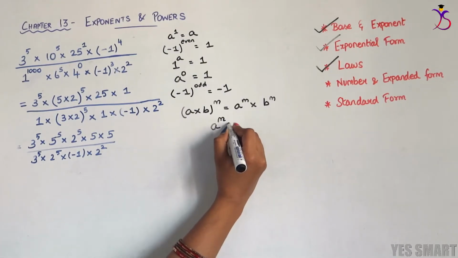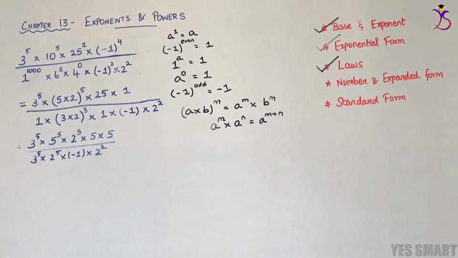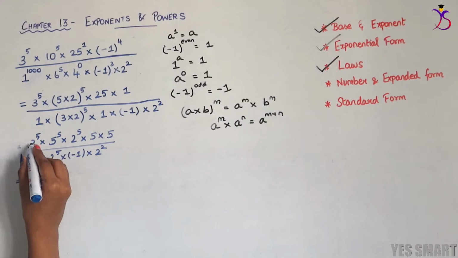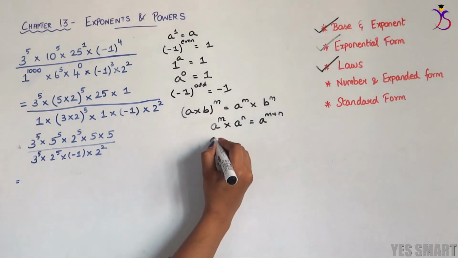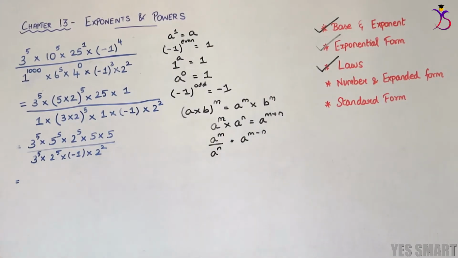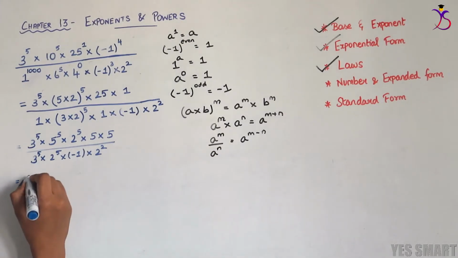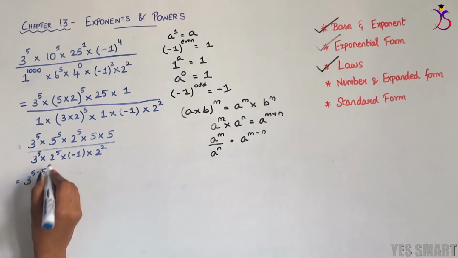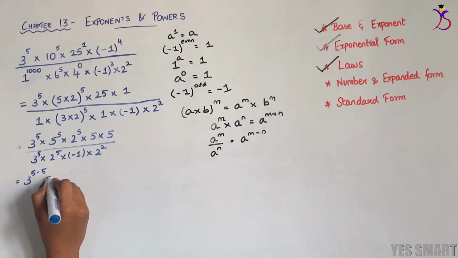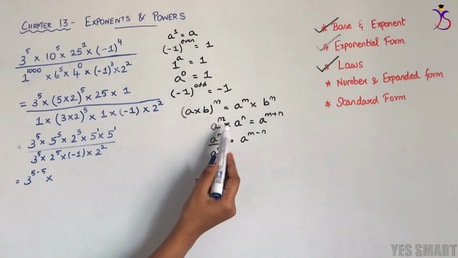A power m into a power n equal to a power m plus n. Now we have many same bases, so let's club it together. Similarly, we knew a quotient rule, which is a power m by a power n equal to a power m minus n. When we have same base in the numerator and denominator, we can subtract their powers. Now let's solve. The first term we have 3 power 5 in the numerator, even in the denominator we have 3 power 5. So let's subtract the power, hence 3 power 5 minus 5, into here if there is no power, it means that 1 is the power for these terms.